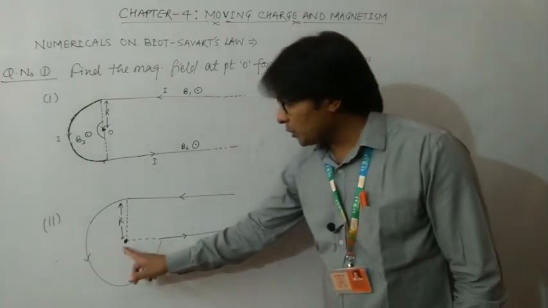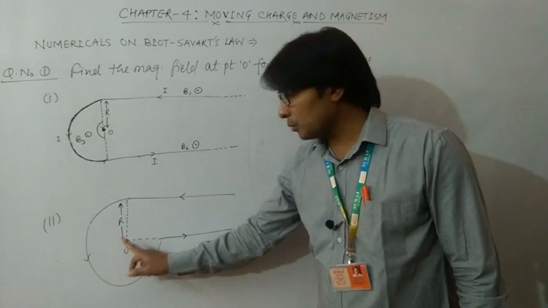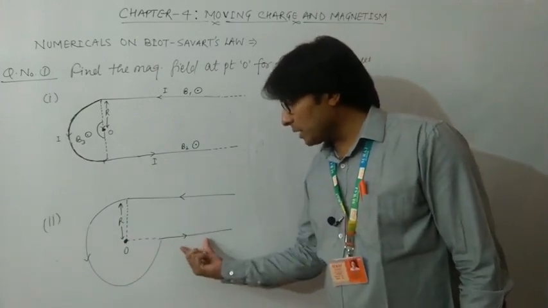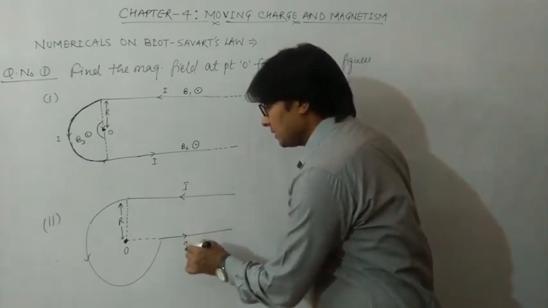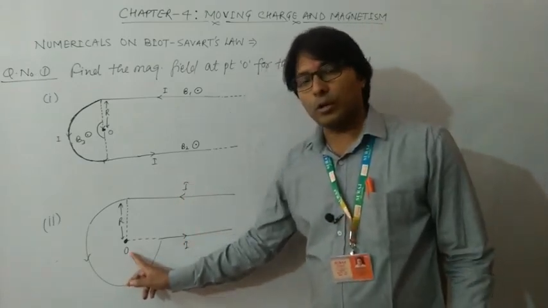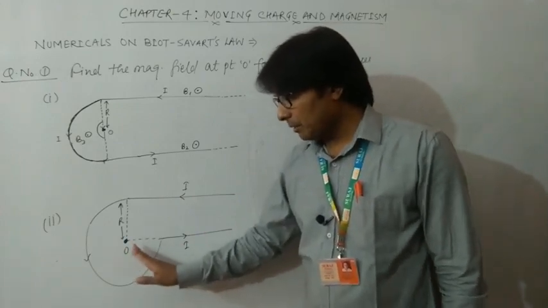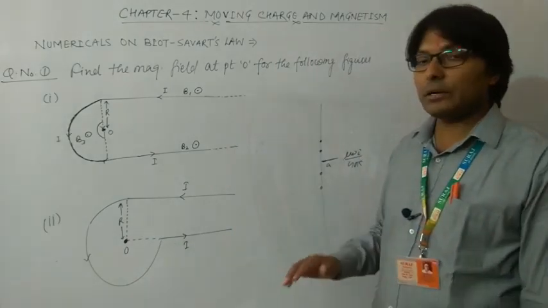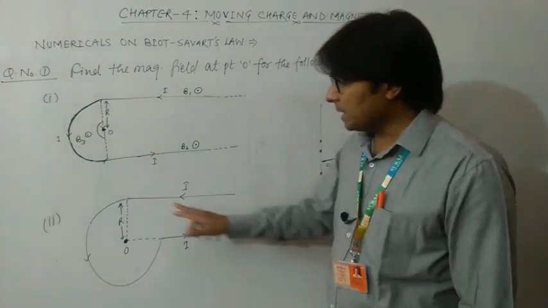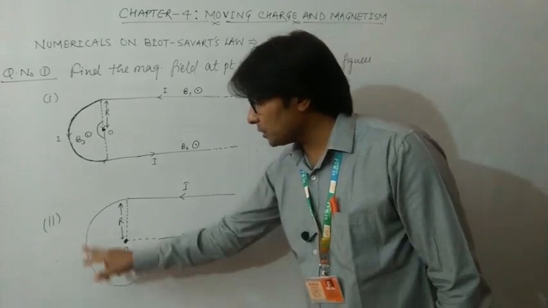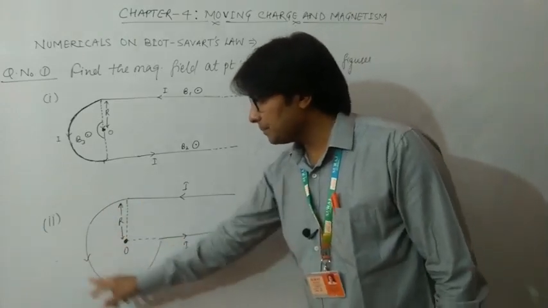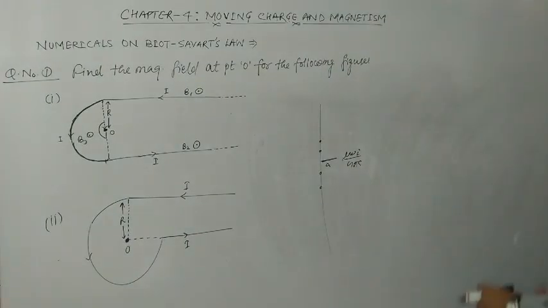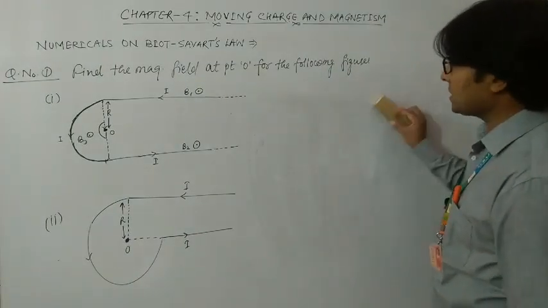So this point O, which is the center of the circular loop, lies on this wire. Definitely due to this wire which carries a current I, the magnetic field at point O will be 0. So there will be no magnetic field due to this segment of wire, but magnetic field will be due to this wire and this portion of this loop, or which we can say the 3/4 part of this circular loop. Okay, so let us try to write down the net magnetic field.